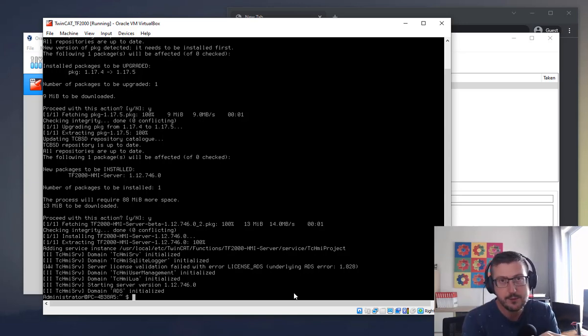There's a second thing we need to do, or something just to bear in mind. Anytime we add a package from Beckhoff and it has to put holes in the firewall, it'll do it automatically. So that's just something to bear in mind. They should be pre-configured with the firewall. If you are having issues, you obviously need to check to see if the firewall's up and running, there is do as